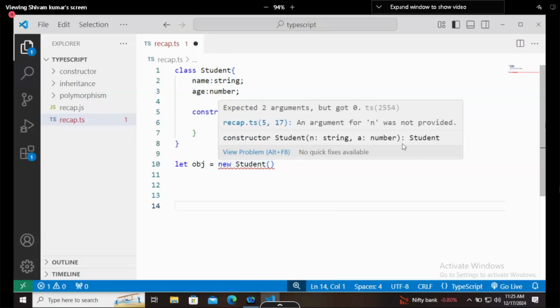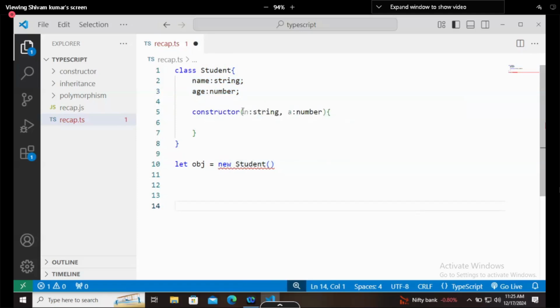Whenever you tell your constructor that it will accept two values, the constructor is called when you are trying to create the object. That's an error, because the constructor is expecting these two arguments, saying please give me two values, then only I will work, right? Like when we were children, we used to say, give me 10 rupees, then only I will go to school, right? And instead of 10 rupees I used to get two slaps, one from father and one from mother. Then we would go to school without 10 rupees.